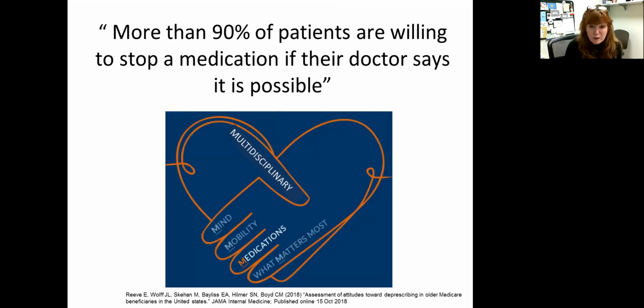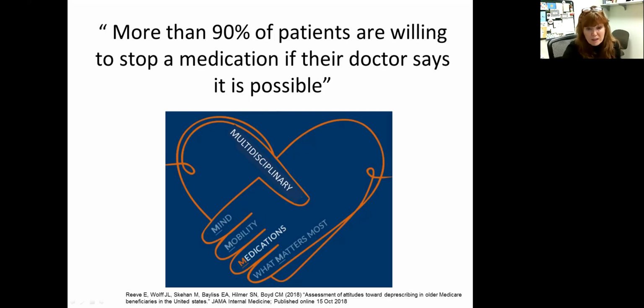The last thing I wanted to link in is that there's been a lot of continued discussion about being an age-friendly clinic, which we are. So the idea is that we're really making sure we're encompassing what matters most to patients and focusing on medications. When we look at opioids, pain obviously very much matters to patients. Opioids can be used in a safe manner and be helpful cognitively as well as mobility-wise, but they also can be very detrimental.